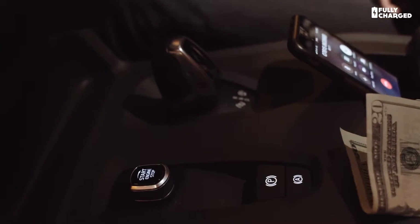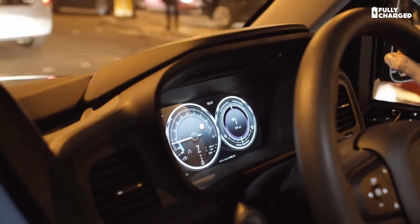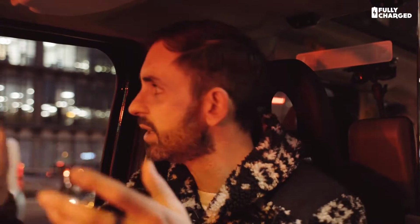after spending a few days with it, he said, my existing cab, his TX4, I cannot get more than about 21 miles to the gallon, however I drive it. He said this, even when the generator's running and you've got all of the energy sapping appliances on, I'm still getting over 50 mpg with that. And of course, when you're not running the Jenny, it's pure electric, which comes down to how much you're paying for your electricity. But I mean, in itself, when you're sitting in traffic like this, what I can't believe is